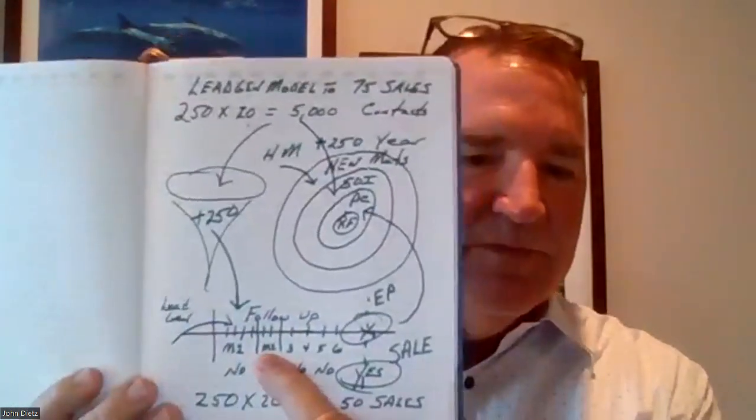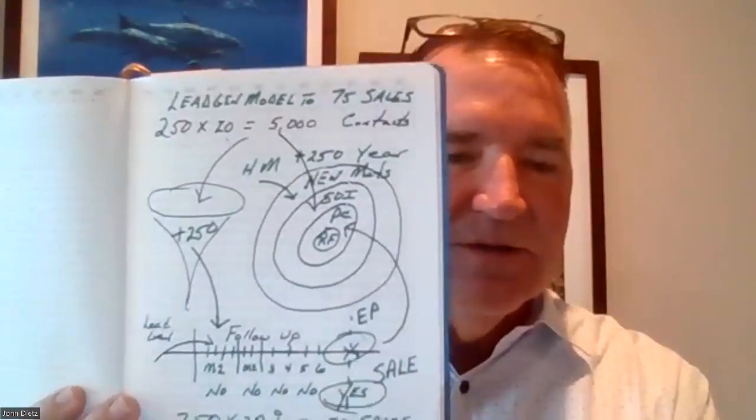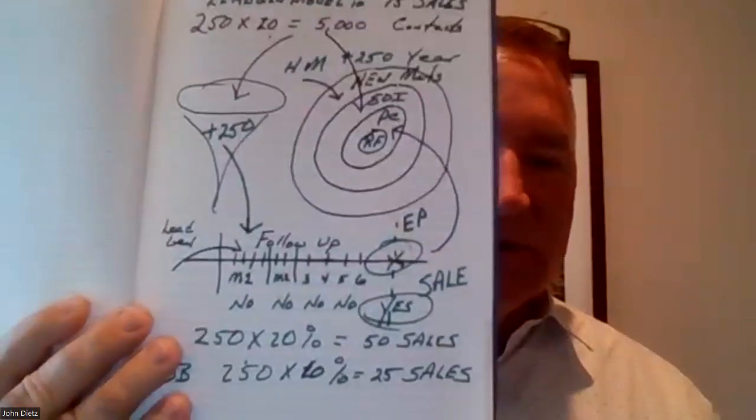And then part of that is follow-up, and I follow up forever in order to create emotional proximity so that when they get ready to sell their home, I'm closest to them. I might be the only person who's still hanging in there because everybody else has given up because they don't follow up. And what I want you to do is I want you to get out your calendars, and